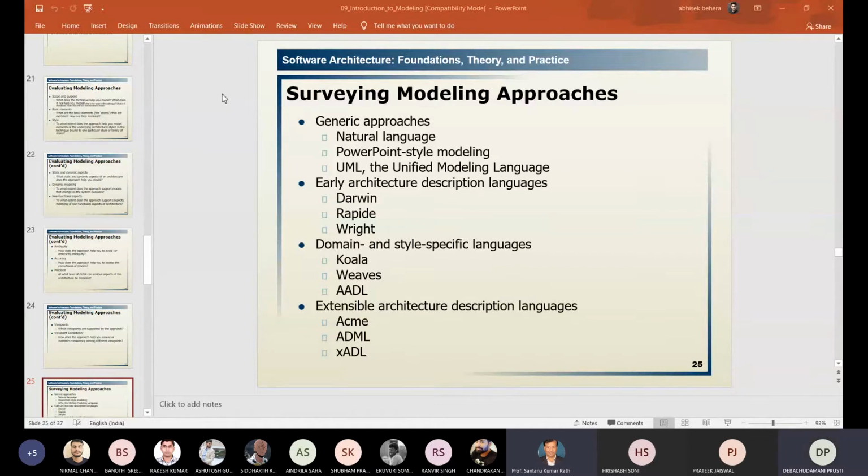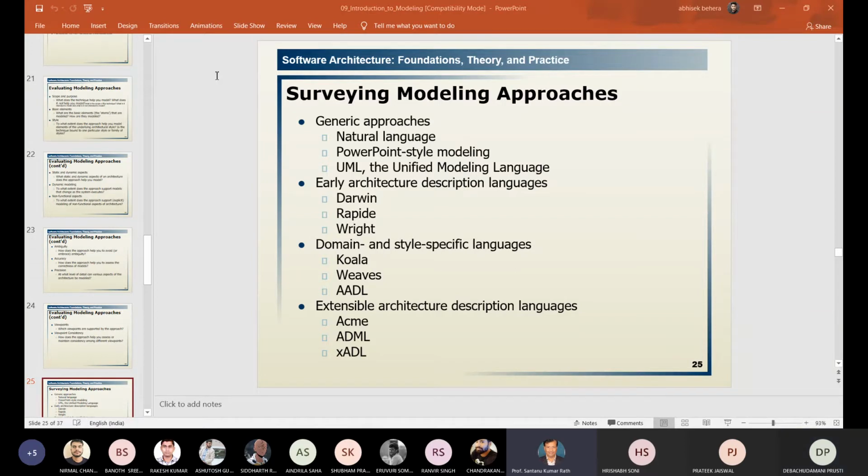These are the different approaches. The first one is the generic approach, the natural language. Whatever the model, the SRS is in natural language. Whatever you have written is natural language. You write the problem in natural language and then try to understand it. English-like language, or Andrila will write in Bengali, or Somu will write in Telugu. So you write your problem in a language. That is a very general way of dealing with a problem.